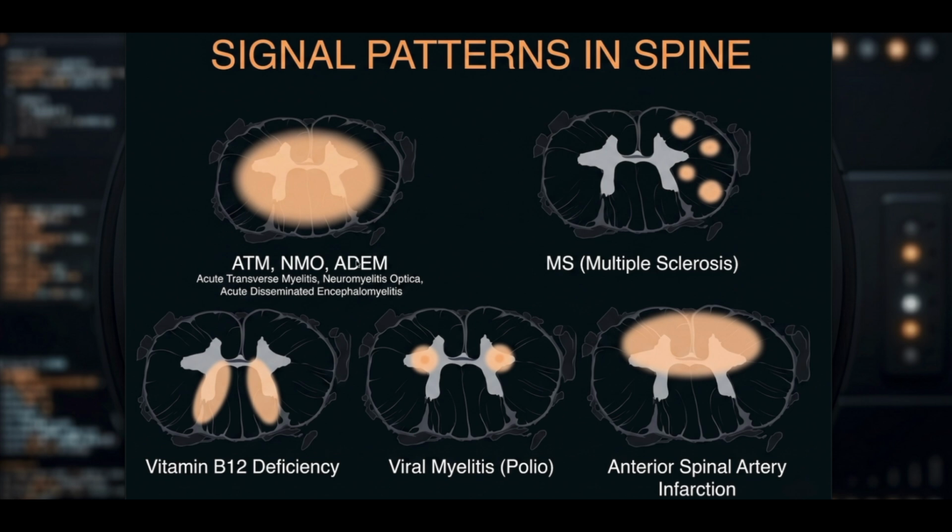So diseases like ATM, transverse myelitis, NMO and ADEM cause diffuse edema centrally in the spinal cord, while MS changes are more asymmetrical. They can be almost everywhere, mostly dorsally, and often quite in the peripheral part of the